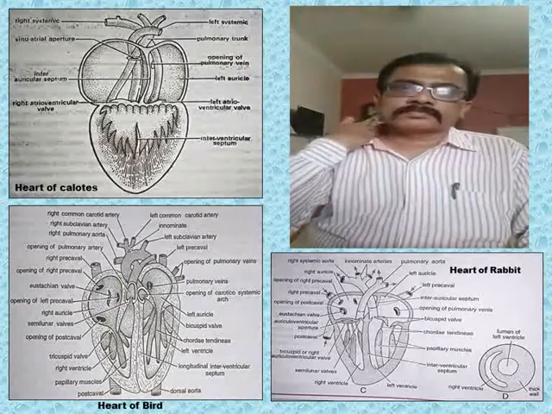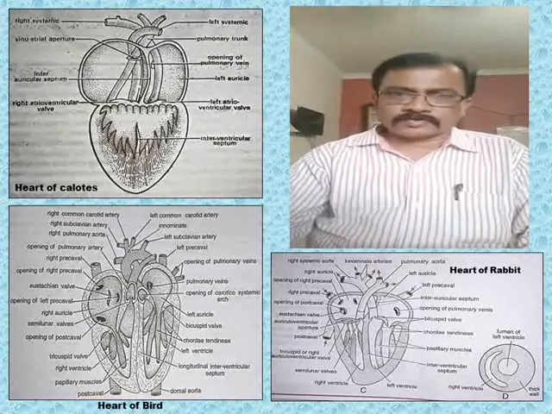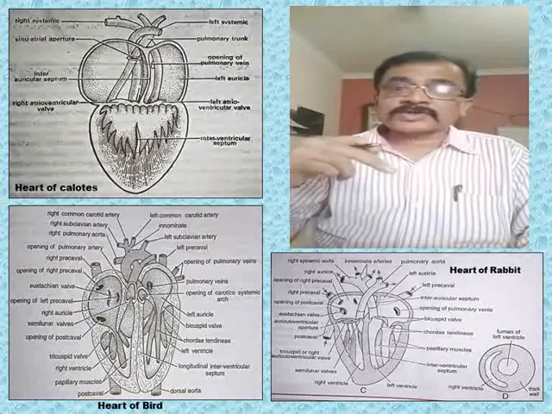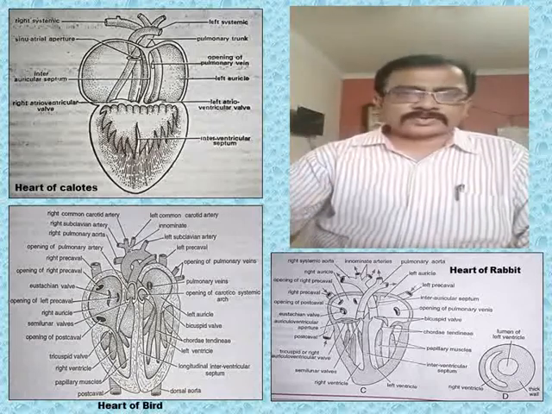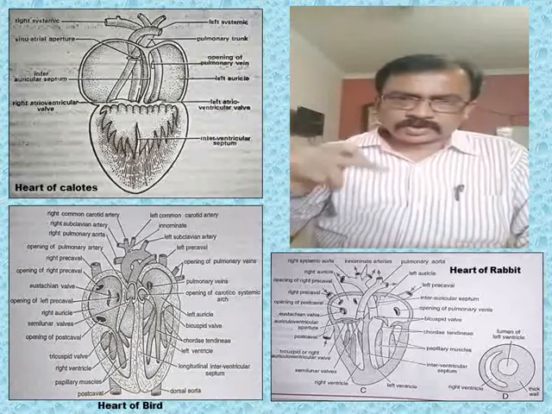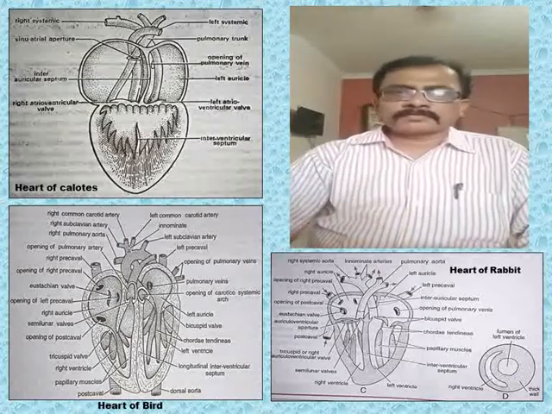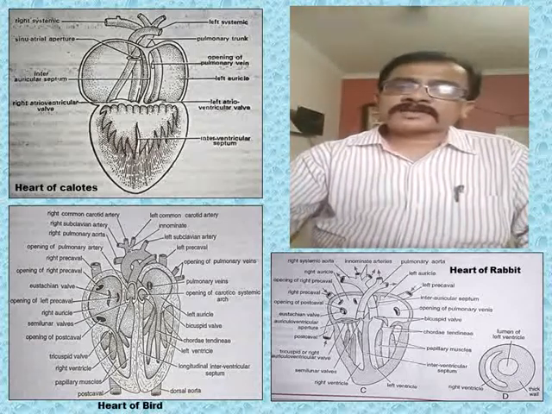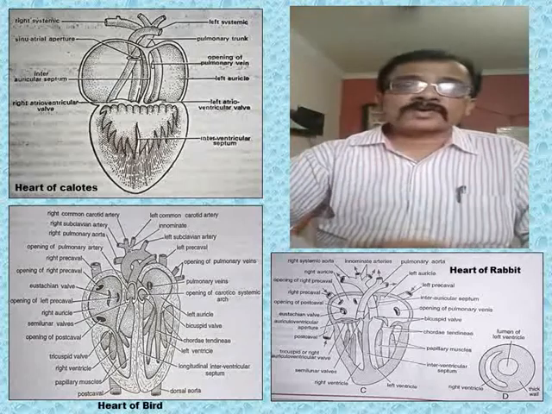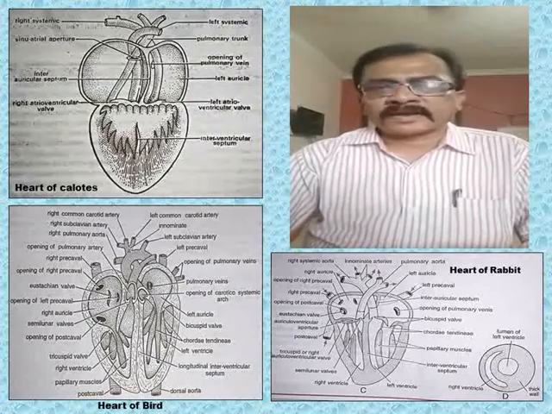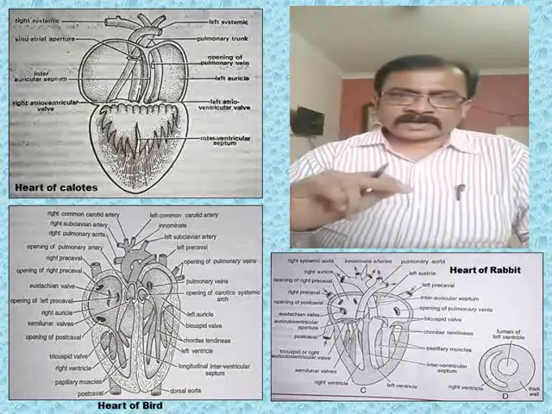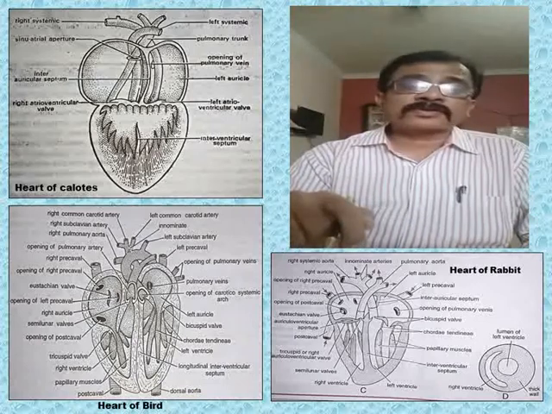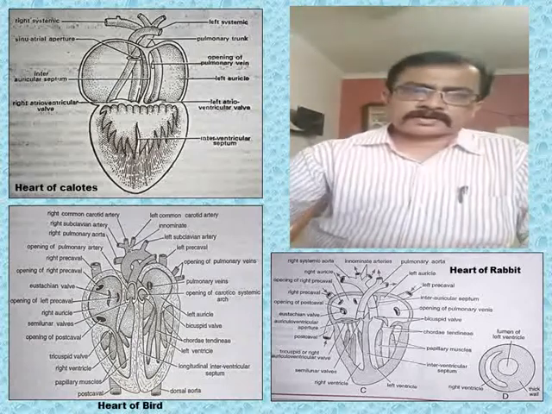Then pigeon, it is thick walled. The wall of the auricle is thick. The inner surface of the wall of the auricle is thrown out into short muscular ridges. In case of mammal, again the wall of the auricle is thick and the inner surface is thrown out into muscular ridges called musculi pectinati. Musculi pectinati in case of the mammal, muscular ridges in case of pigeon, elevated muscular ridges in case of lizard.